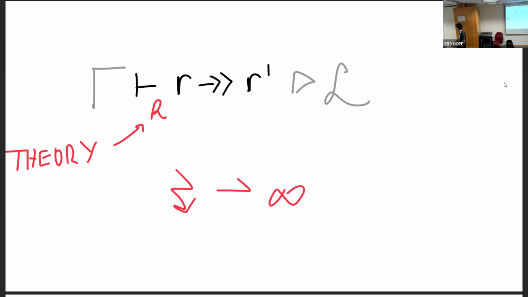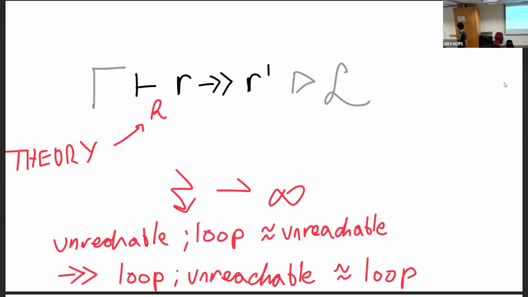So, for example, undefined behavior is a right mover with respect to all effects, and therefore, in particular, infinite loops. This is reflected by the fact that unreachable followed by loop is the same as unreachable, which refines loop followed by unreachable, which is loop. But in general, we don't want infinite loops to refine into unreachable unless we're doing something C-style where infinite loops are UB. We like our infinite loops to actually not terminate instead of cause nasal movements.